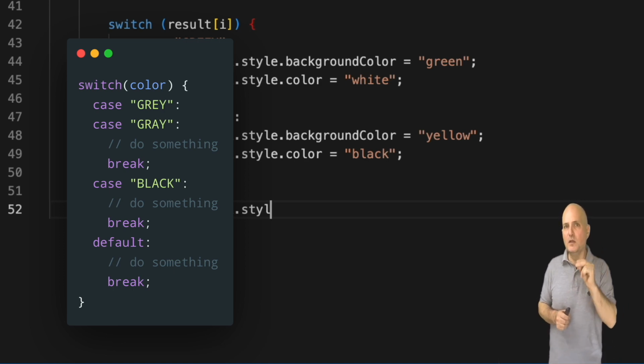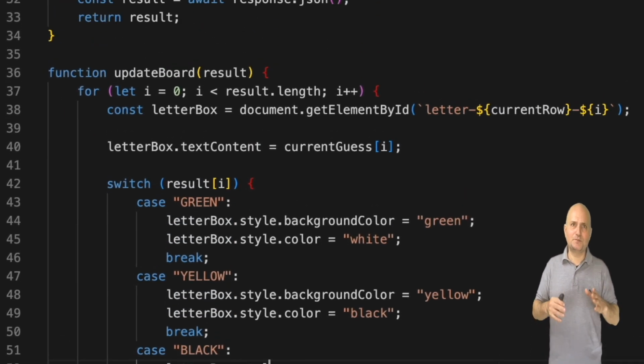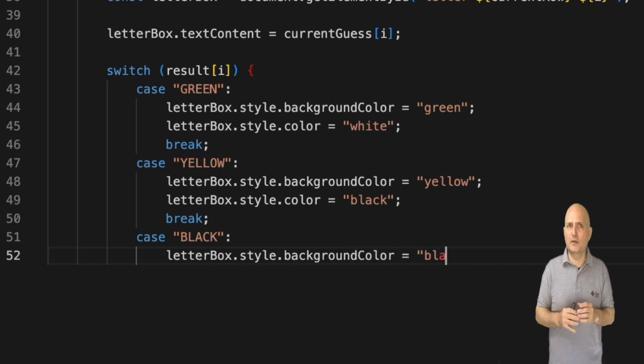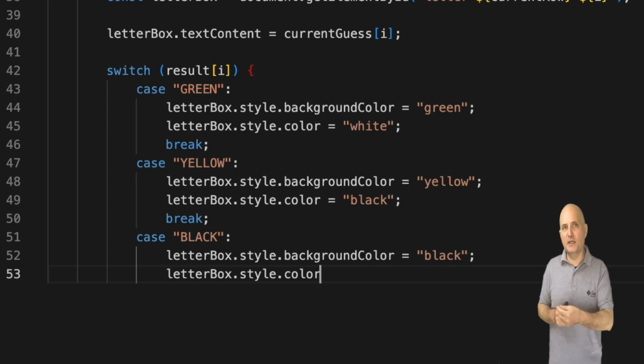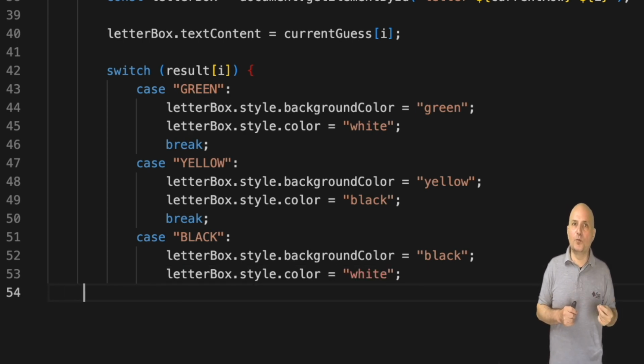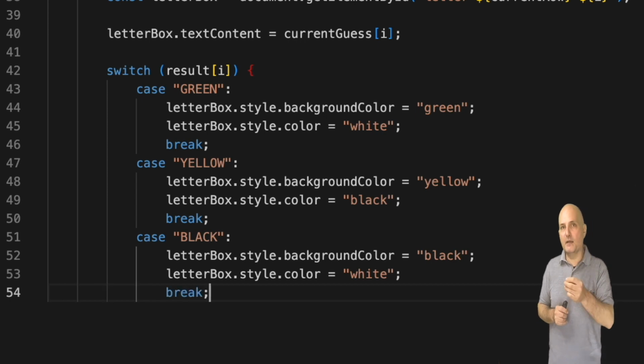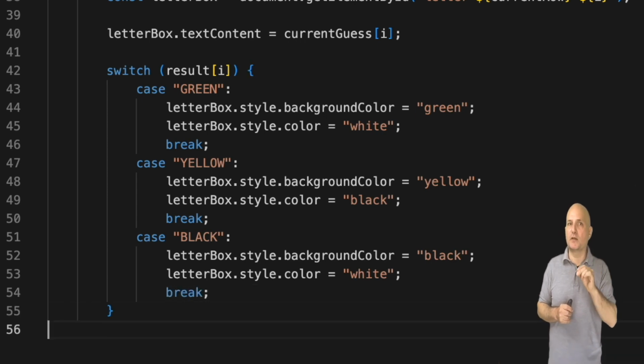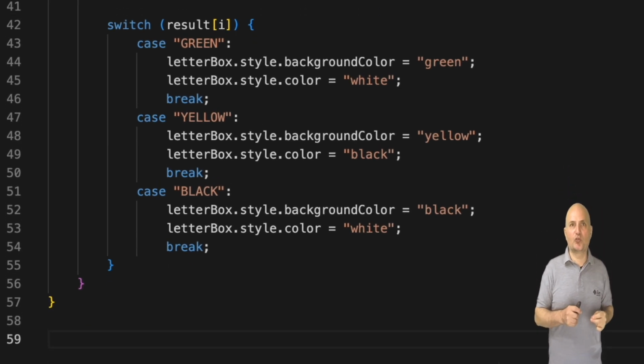Also notice the default keyword at the bottom. It's a special case that runs if none of the other entries matched. Notice that this is Java code and would work as is both in Java and JavaScript. The final entry for black is pretty much identical, and with that, we complete the switch and the for loop that surrounds it. We paint the individual letters with the right colors when this method is invoked with the results.